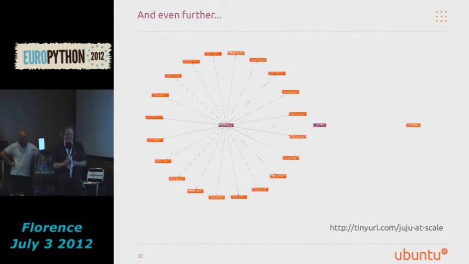Juju can scale as well. We hadn't tested this until 2 months ago in any serious manner. But during the Ubuntu Development Summit, we got the go-ahead to do some large-scale testing of Juju in EC2 because no one had 2,000 servers kicking around. So we picked one of the charms where we knew the application scales really well and is known to scale to thousands of nodes. In this case, it was Hadoop, and the Hadoop charm set has been around for a while. I'm the maintainer of it, and we know that Hadoop scales to many thousands of nodes in a single environment.